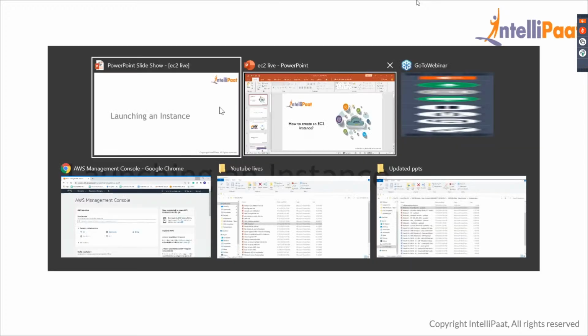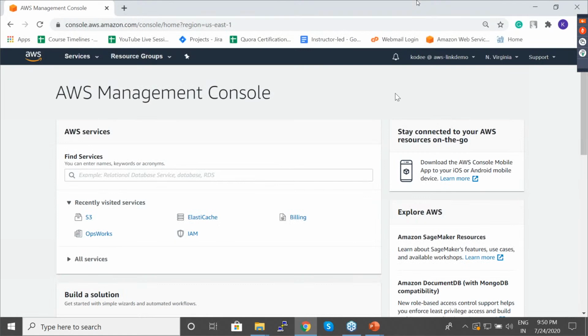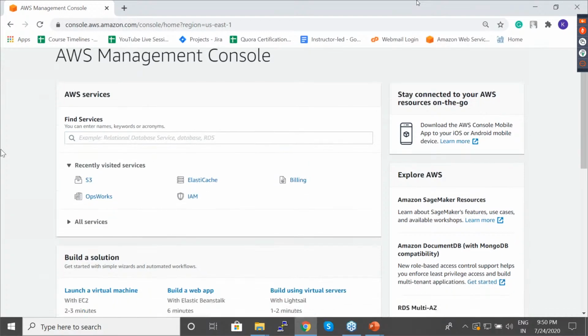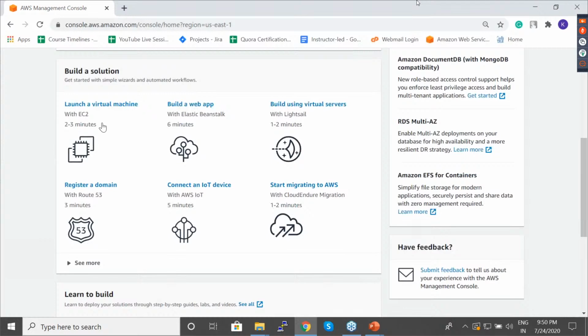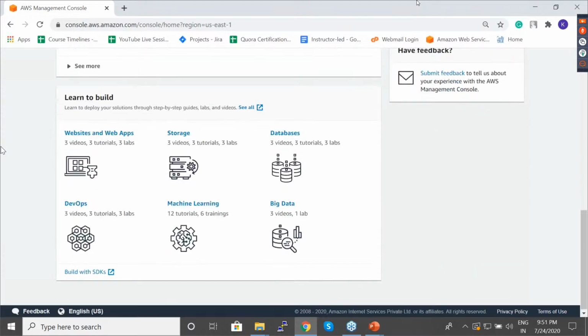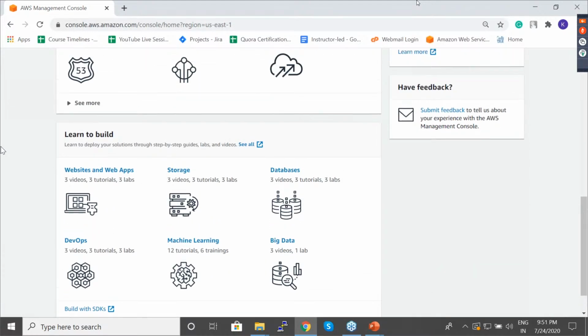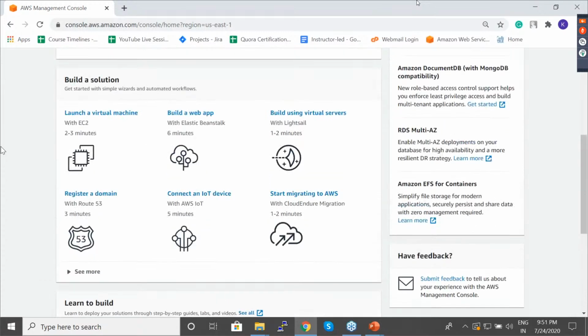So let me open the AWS management console. So this is how it will look once you create your AWS account. So here you can see the recently visited services. Here you can search for a service which you want. Coming down, you can see there are tutorials: launch a virtual machine, 2 to 3 minutes, build a web application, build using virtual servers. So it is mostly self-explanatory. You can just look into these and start off with it. And there are so many other tutorials for various types of services. You can